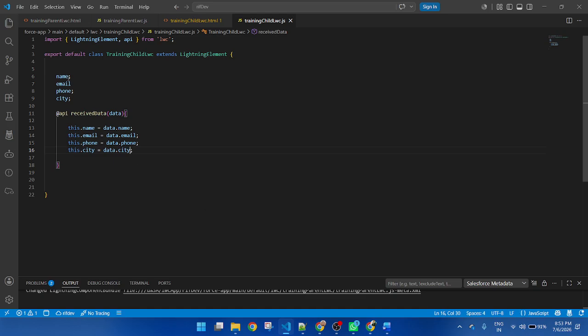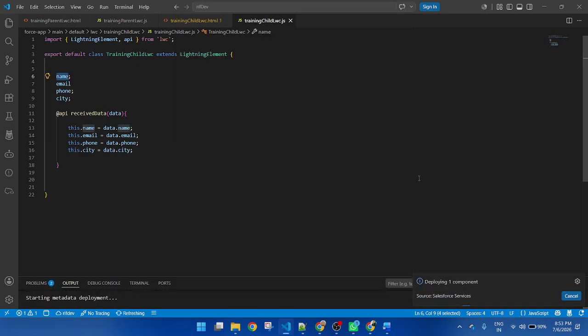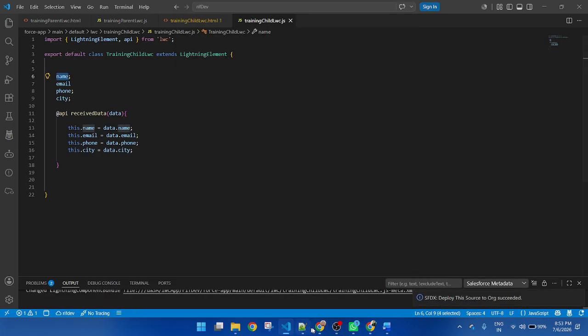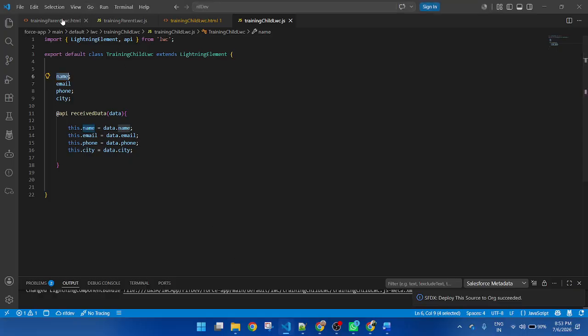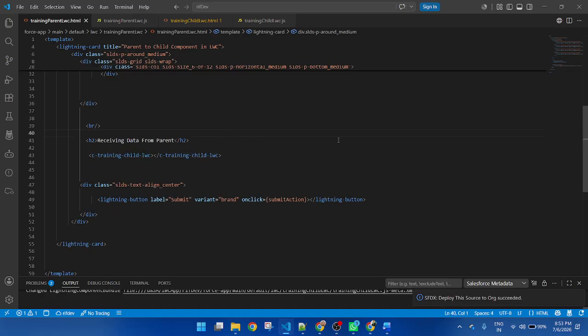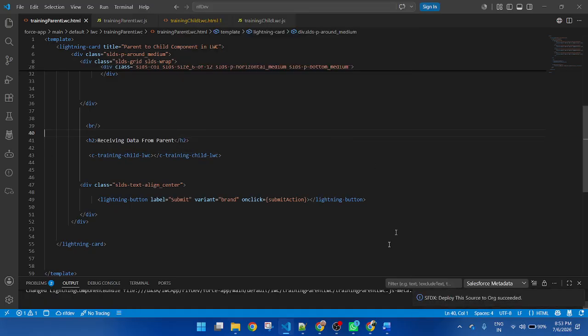Now this variable stores the value that is received from the parent component. Now let me deploy the code. I deployed successfully. Now deploy the parent component again as well. Okay, both components deployed successfully.